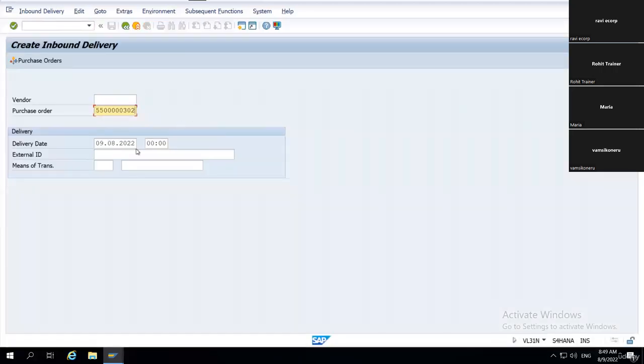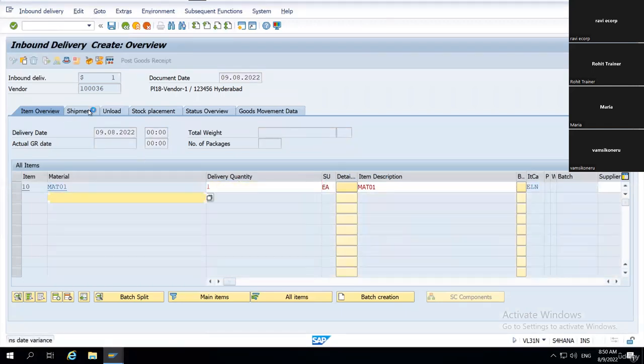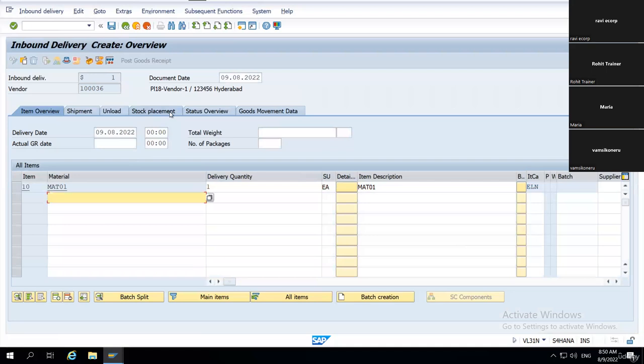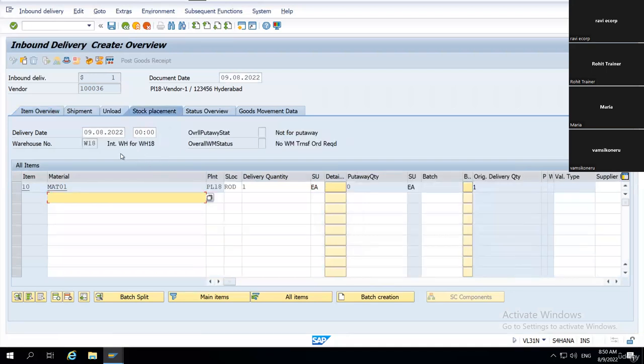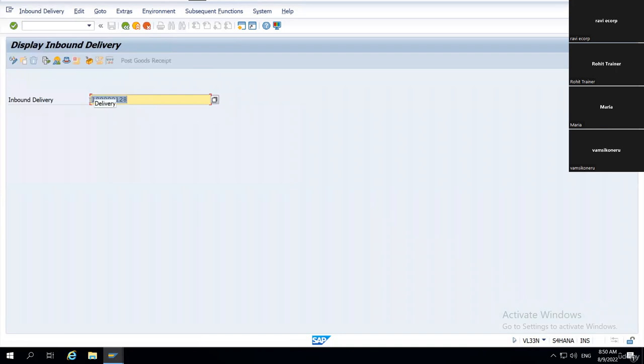So this is my purchase order, and ASN number is not mandatory. I'll try to receive one quantity for now. And I need to make sure that my plant and storage location are correct and my warehouse is available here or it is determined. So once I check all these details, I'm good to save it. So now the document is created, display, copy, and then